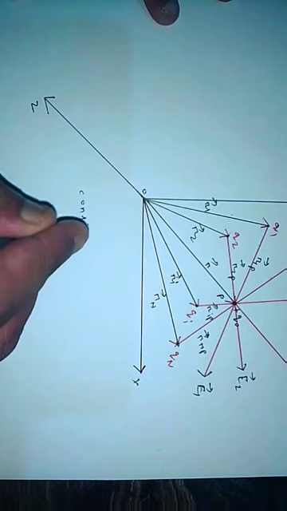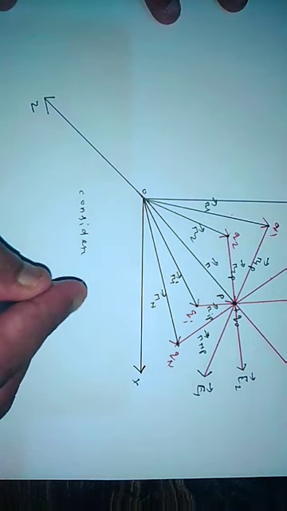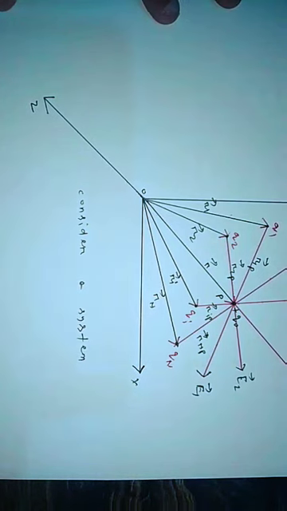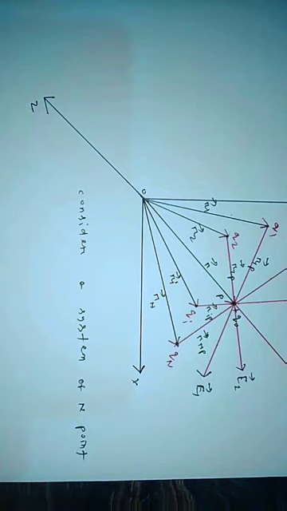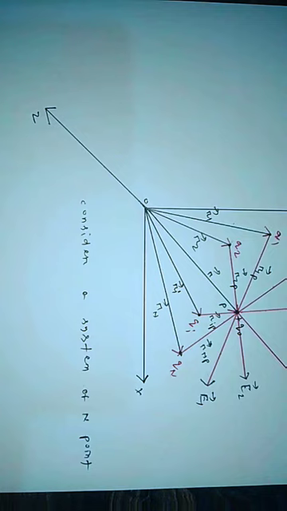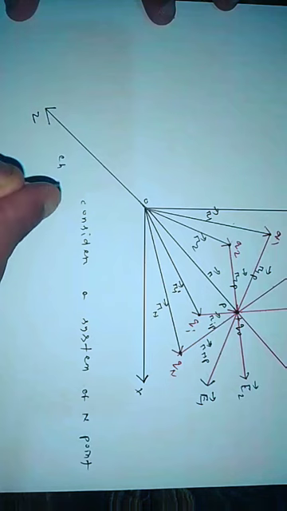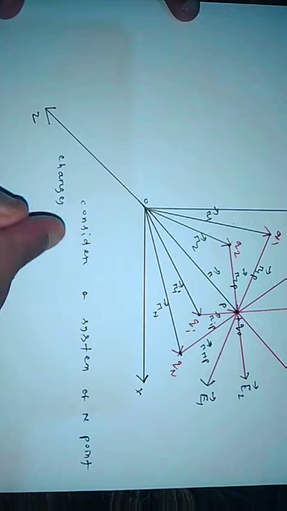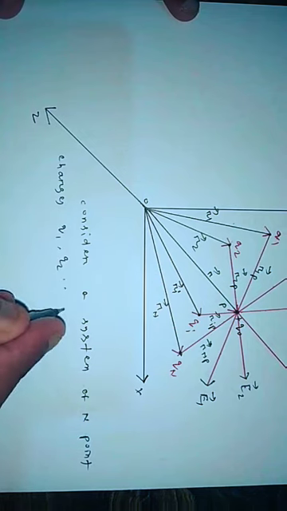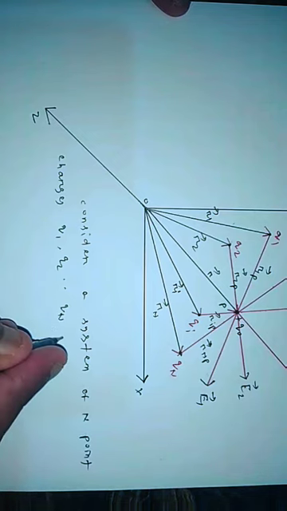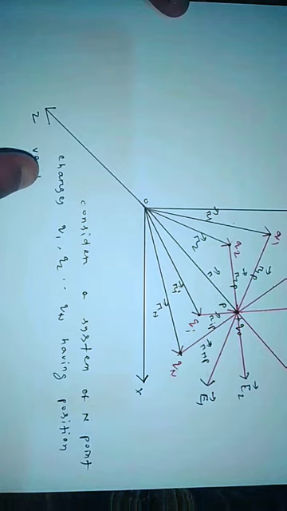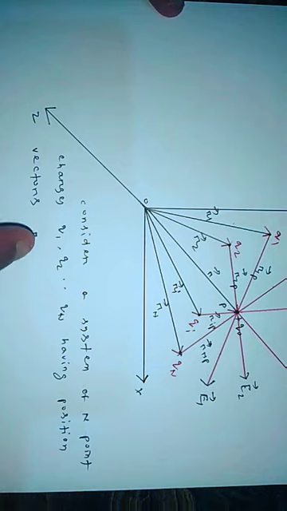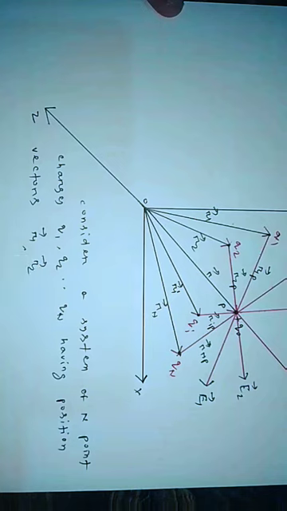Consider a system of n point charges q1, q2 up to qn having position vectors r1, r2 up to rn